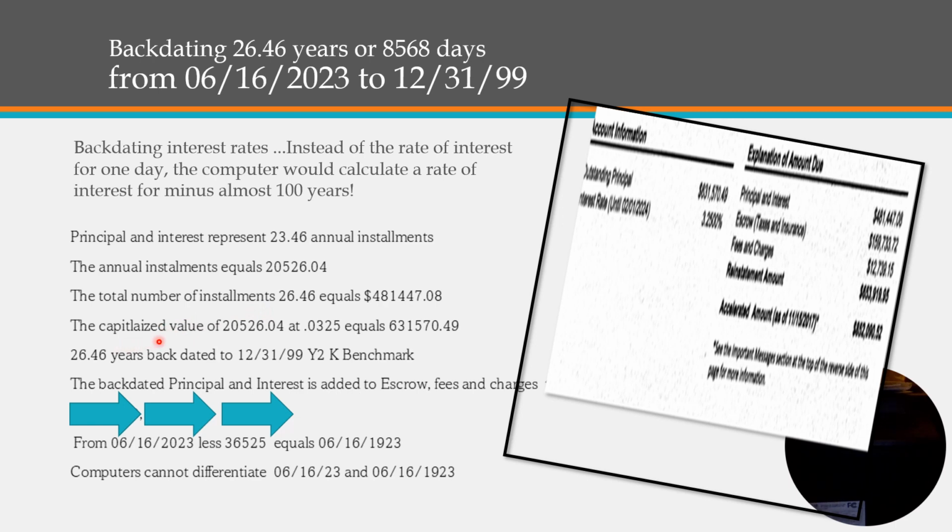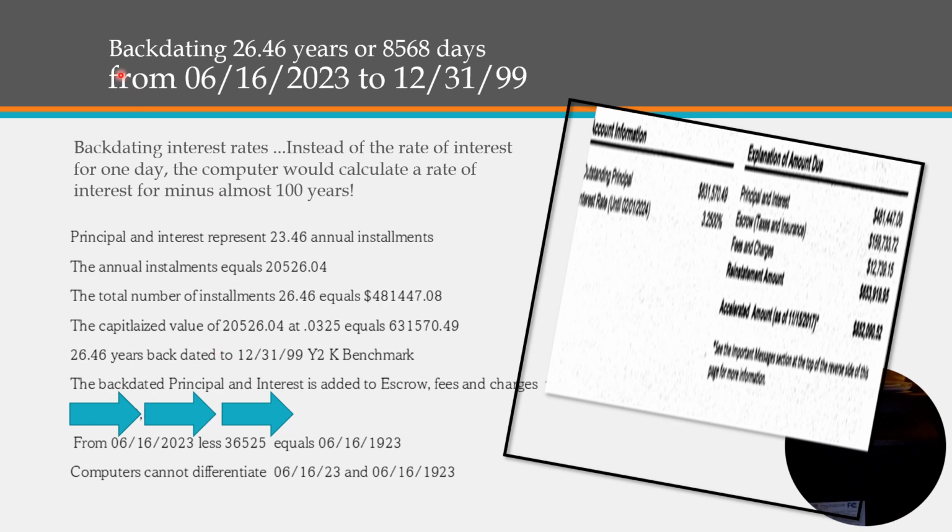Annual installment, 20,526. So the number of installments equals one equals the other. Now, the capitalized value of 20,526.04 annual debt service payments, going reverse at 3.25, affirms it's worth 631,570.49. These are separate accounts. And what's most important is 26.46 years backdates to the mark,